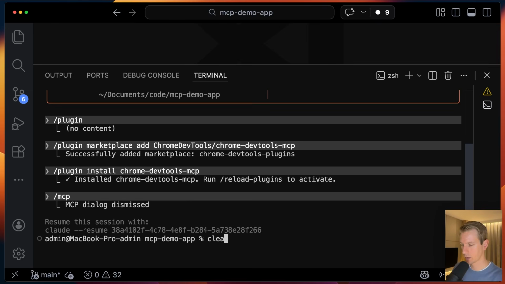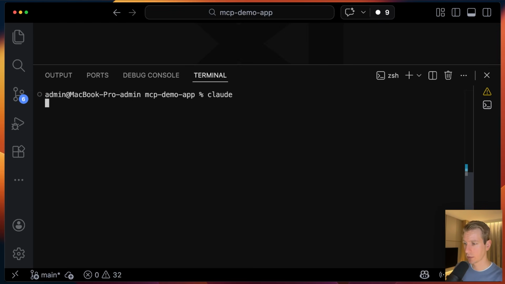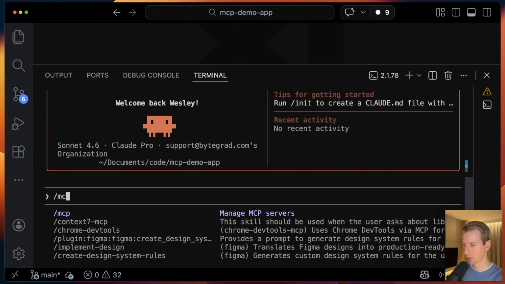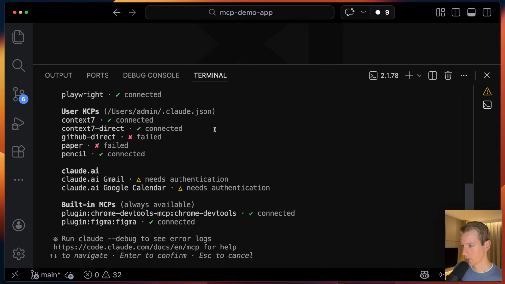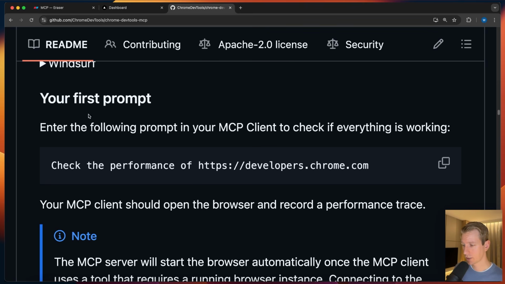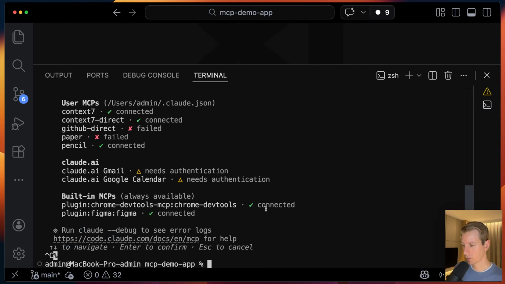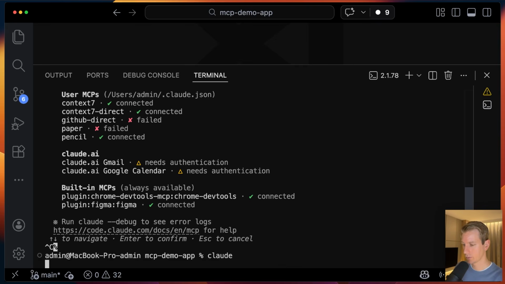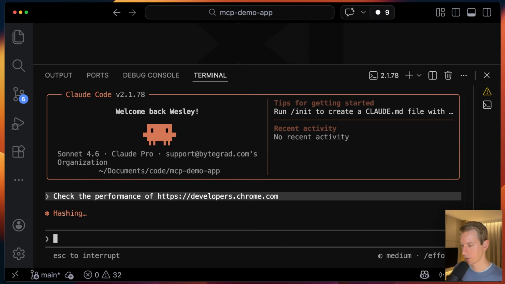Okay, so I'm just gonna clear out of here and then run Claude again. Okay, so now if we do /mcp, we should see something here. And yeah, so here built-in MCPs, we can see Chrome DevTools MCP connected. Okay, so I actually recommend a first prompt of this URL. So let's copy that and go into Claude and paste that right here